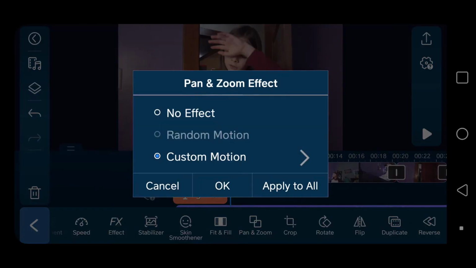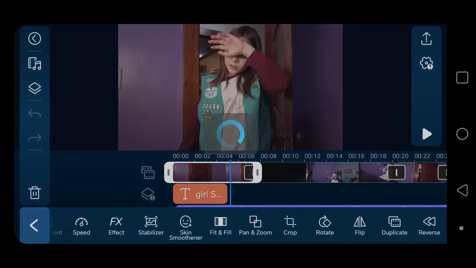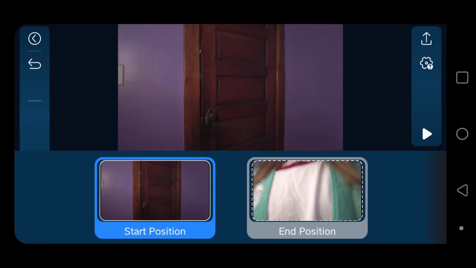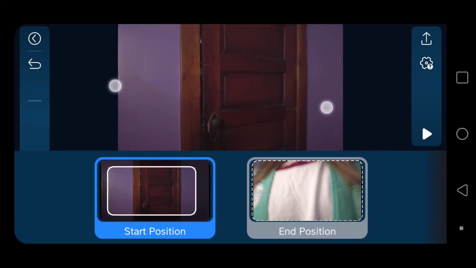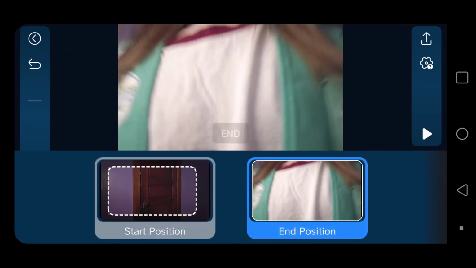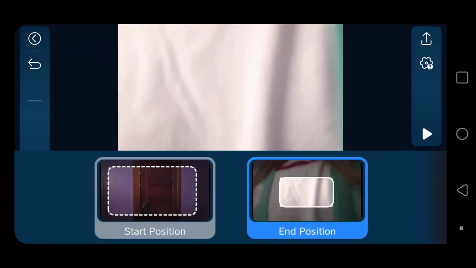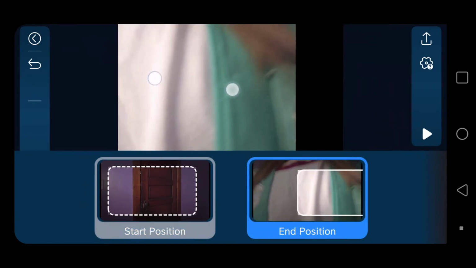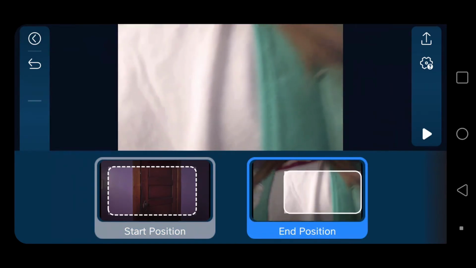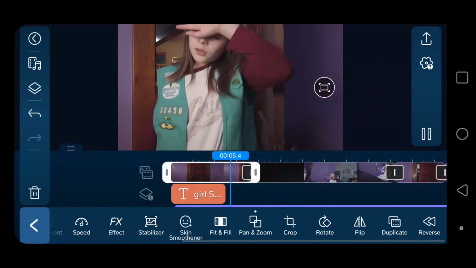You got your pan and zoom. So if I go to this custom and I click it, it brings me to the screen here that's going to select my starting position, and then you use your fingers on the screen to decide where your starting position is, and then you would use your fingers on the screen to decide where your ending position is. I could just move it and zoom it in, and then we can play it